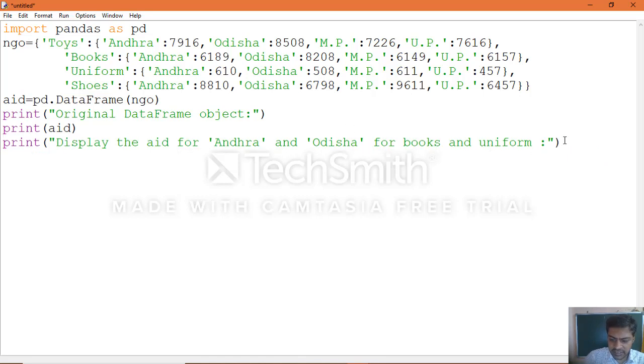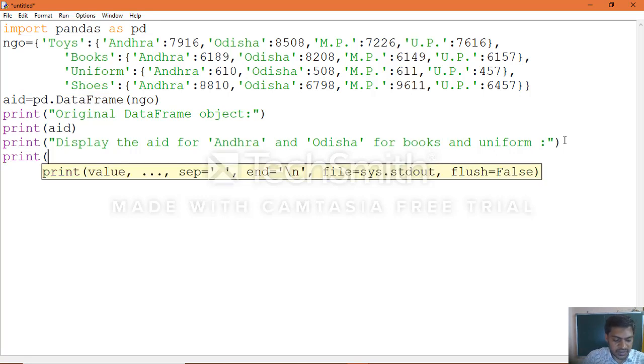Now you write the actual statement: print of aid dot loc of the start row label name, that is Andhra, the end label, that is Odisha, comma, the start column label name, that is books, colon, the end label name, that is uniform.